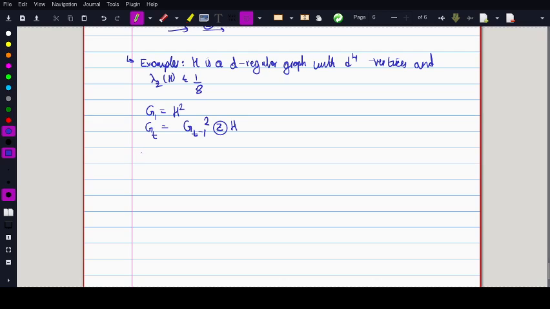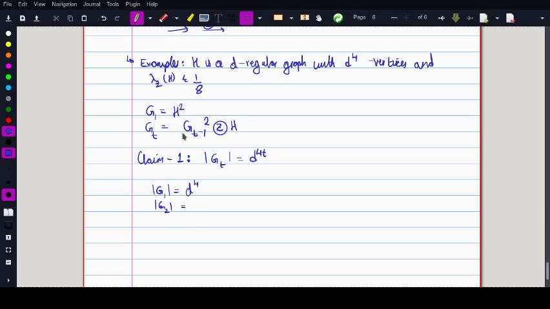So my first claim, claim 1, would be that the size of Gt is equal to d raised to the power 4t. So how do we prove this? First of all, note that the size of G1, which is H square, is d raised to the power 4, because the squaring does not change the number of vertices. So yeah, you have this thing, which is very nice. And then how would you do it for G2? So we saw that the size of G2 will be equal to size of G1 square into size of H,